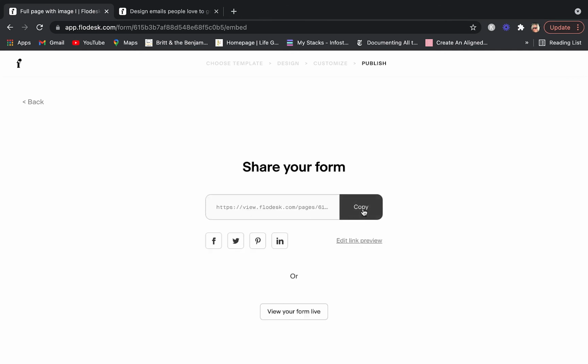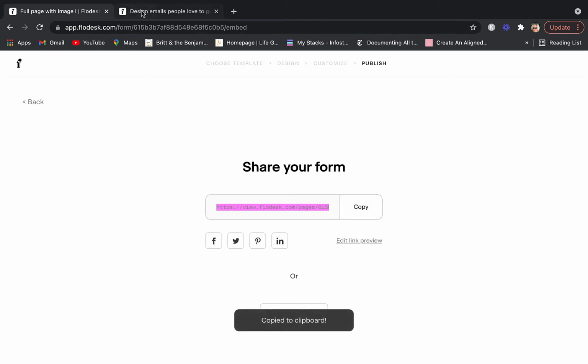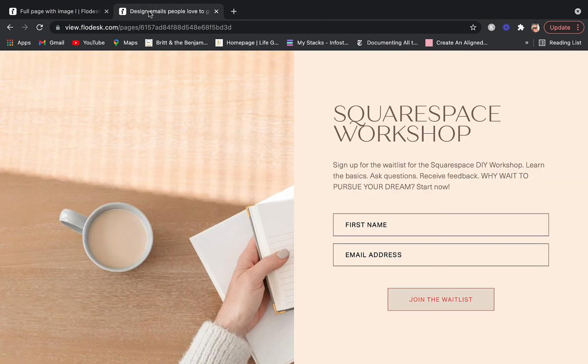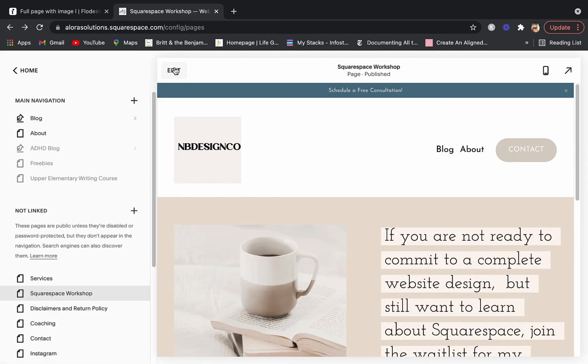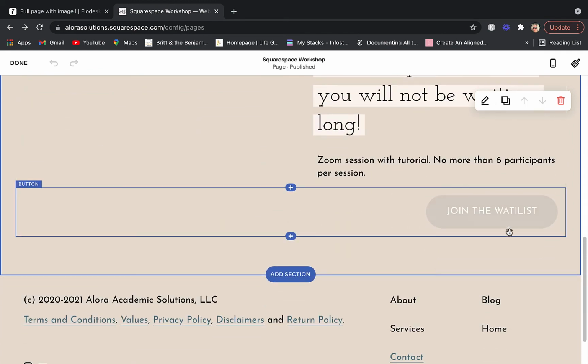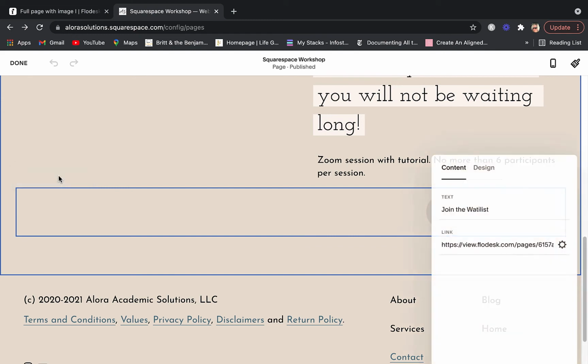So you're going to copy this. And then when you go back to Squarespace, click edit. You're still on the page. So for the button, that's where you want to edit. Go to the button, and you can put your text on the button and your link. So that's where I would put it, you just copy and paste it into the link,